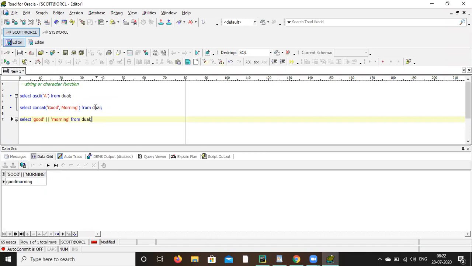Now suppose in between, if you want to give space, how to give? There again concat with the space. After concat, give single quote space, again single quote, then pipe symbol.